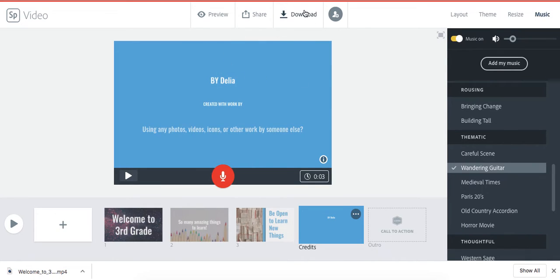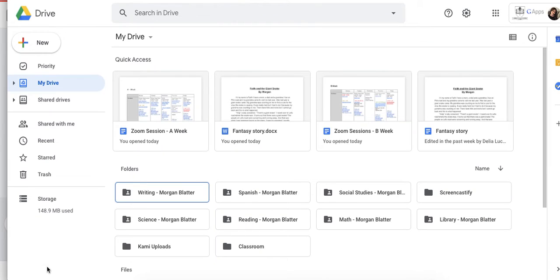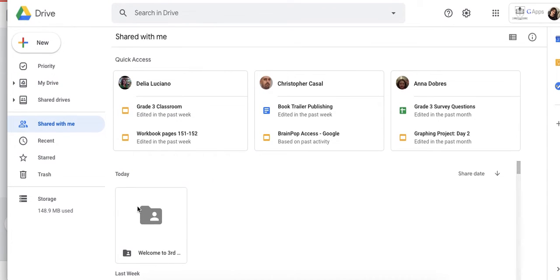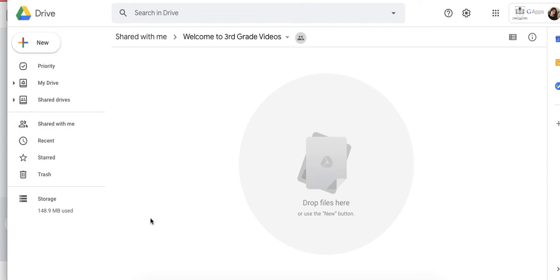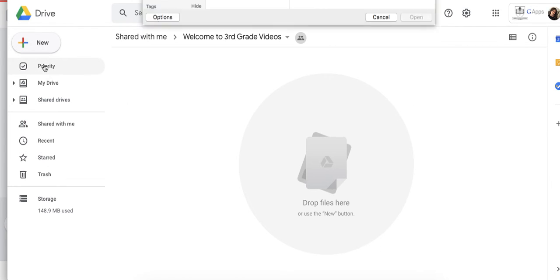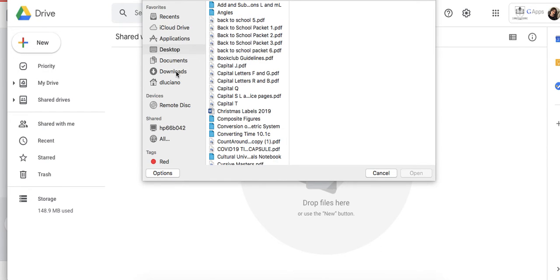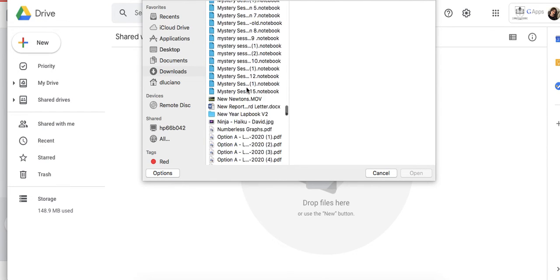So once you're done, you're going to download it. Remember, don't click out of the box. Let it download, and then it will show up here. Now, I'm going to show you where the folder shared with me is on your drive. So on your drive, it might look like this. And then in the shared with me folder, I have shared with you the Welcome to Third Grade folder. So you're going to click on this, and then you're going to hit New, and you're going to go to File Upload. You're going to go to your Downloads folder,